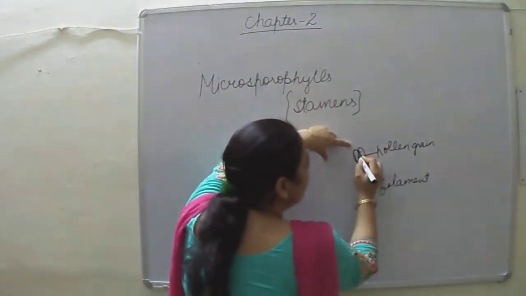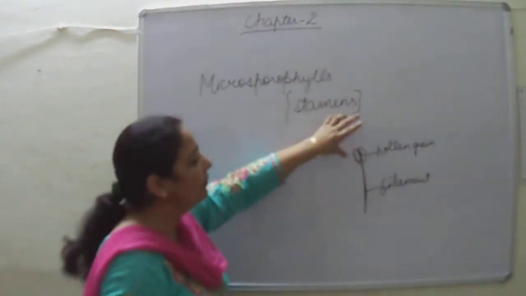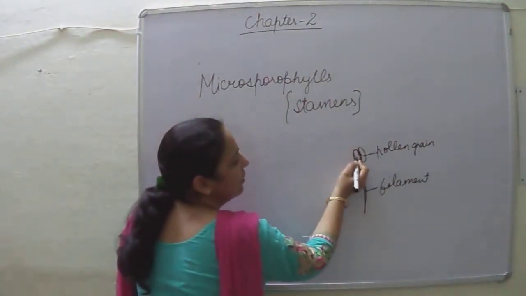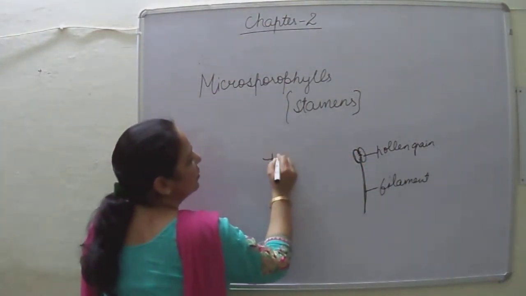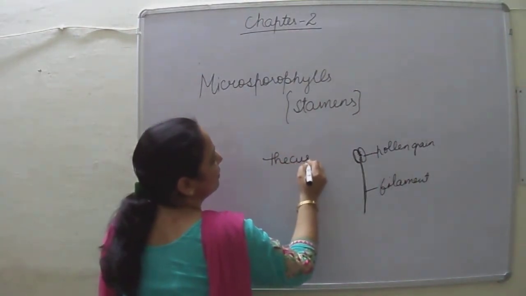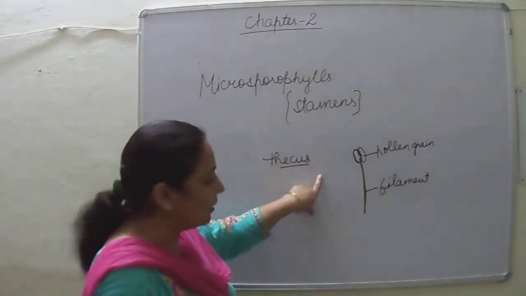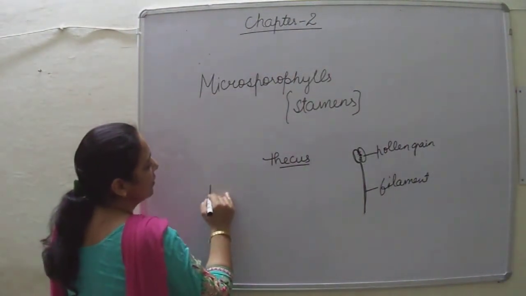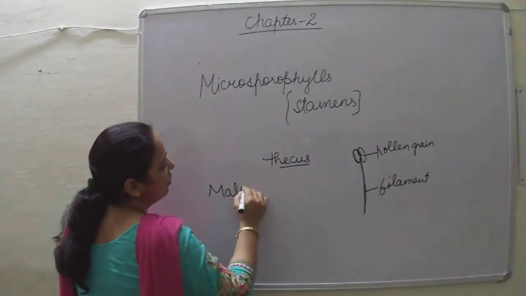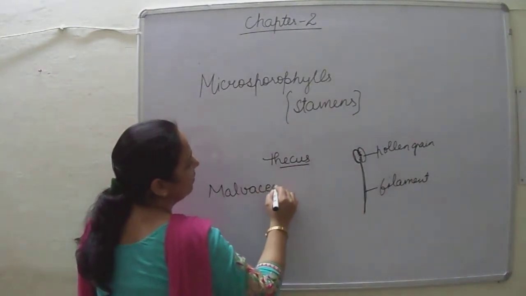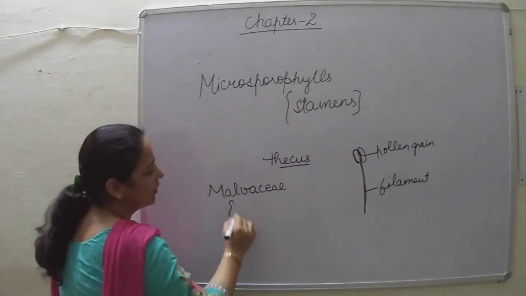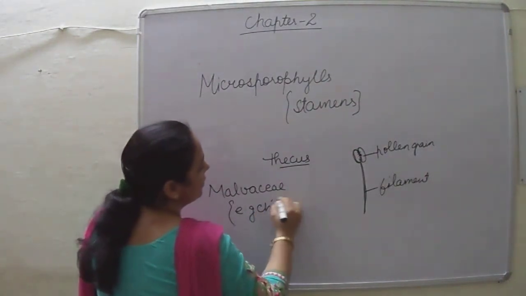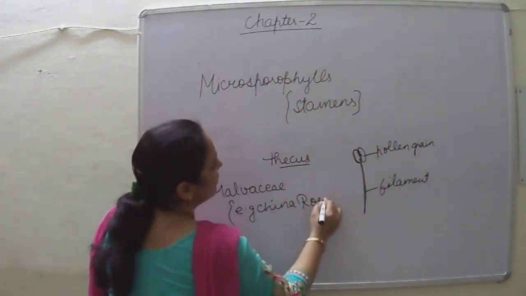This wall is dissolved at maturity and it becomes a one-chambered anther, and that condition is known as monothecous. In the majority of plants this condition occurs, but in plants that belong to the Malvaceae family, for example China rose,